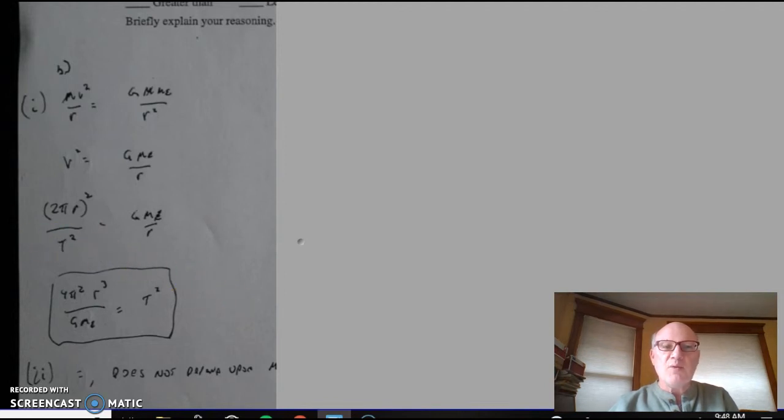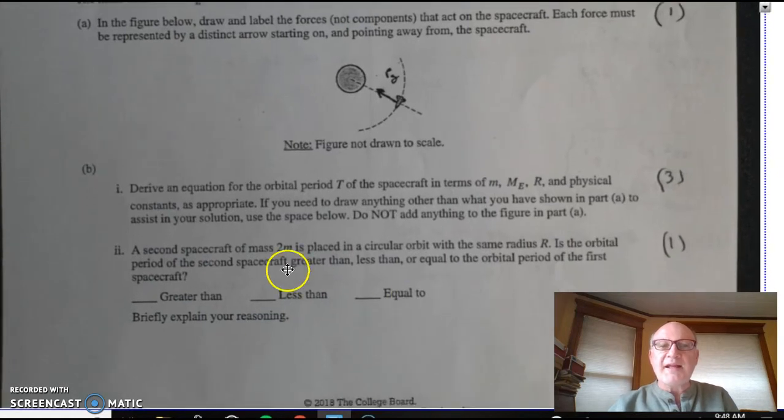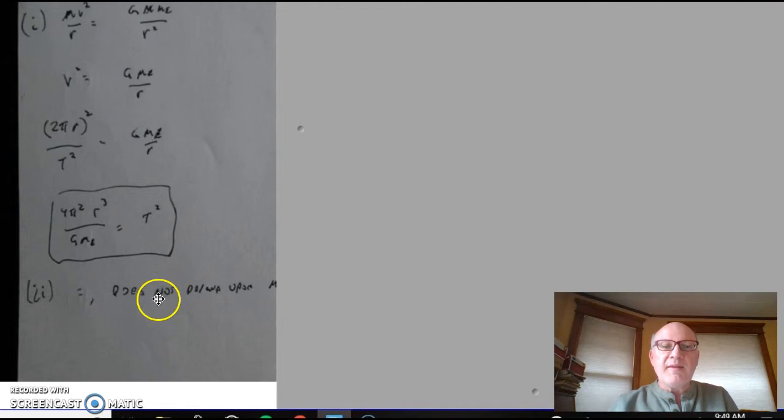If we go back to the question, the second part of the question says a second spacecraft of mass 2m is placed in that same orbit with the same radius. What will happen to the orbital period of the second spacecraft? Okay, and this says to explain your reasoning. Is it going to be greater than, less than, or equal to? Explain your reasoning. Well, if we take a look down here, let me just scroll down a little bit, we can immediately see that